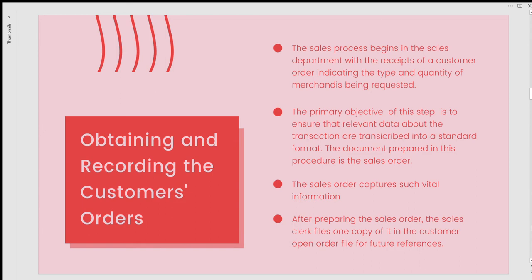So the sales order captures such vital information. Naglalaman yung sales order ng name at address ng customer, their account number, yung name, number or code, at description ng order, kung ilan, and the unit prices ng item, and financial info like taxes, discounts, and freight charges. So,